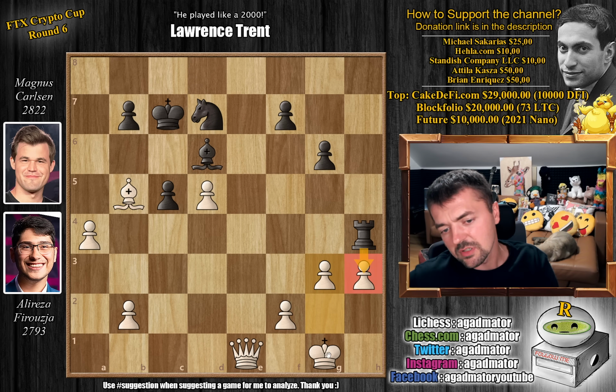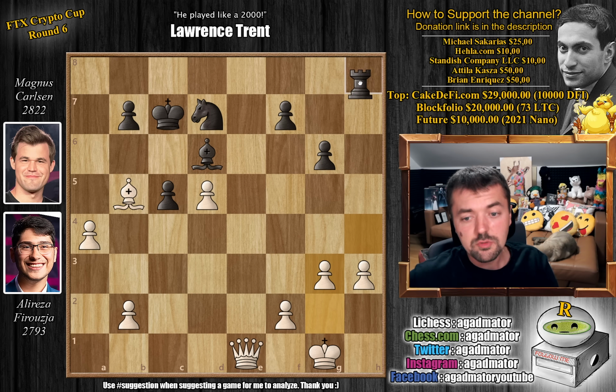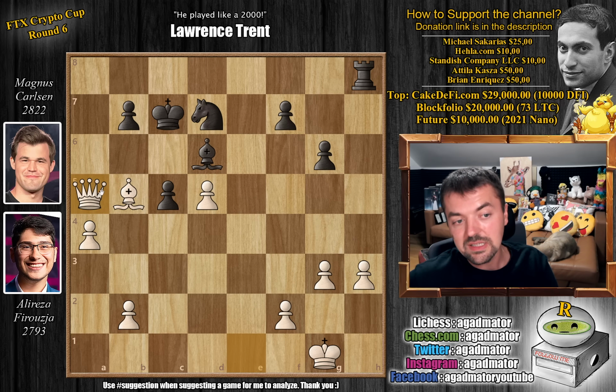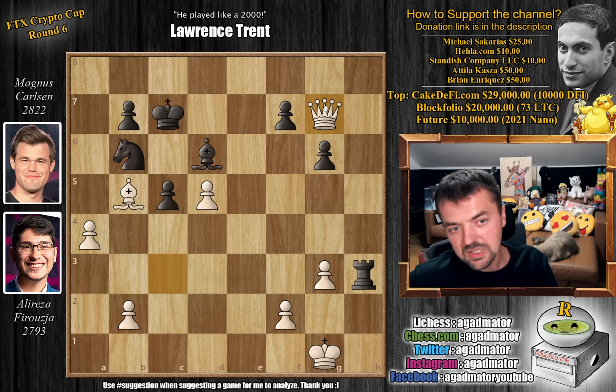You can capture here, but then we play something like king to g2, so basically it's important just to not allow any action here on the h2 square. So rook back to h8, and now queen to a5 with check. Magnus blocks this. We have queen back to c3, rook captures on h3, and now Alireza plays queen to g7,